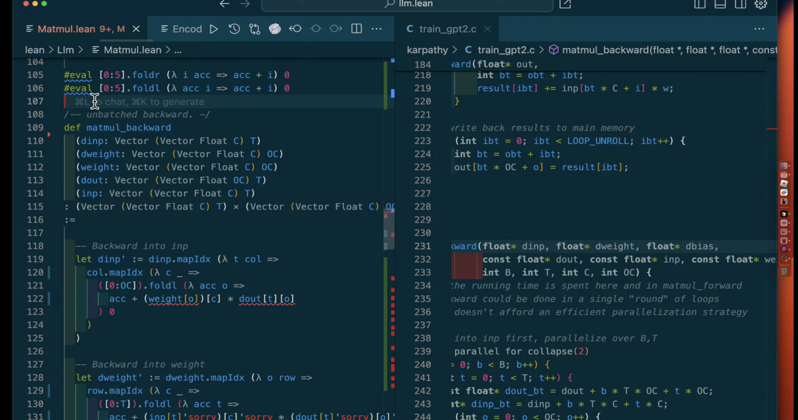Okay, and then now all we have to do is just our matmuls. That's all we have to do. We didn't actually need to do any of these things. We could have just done let in matmul